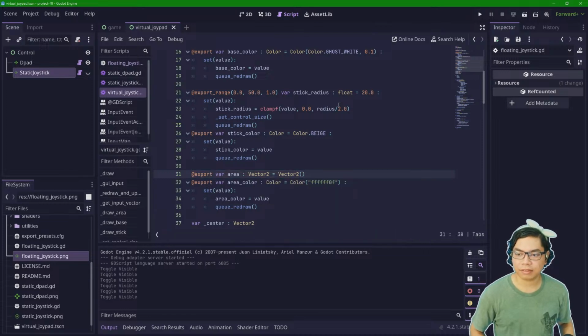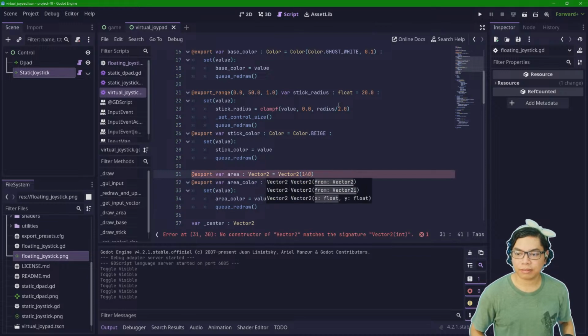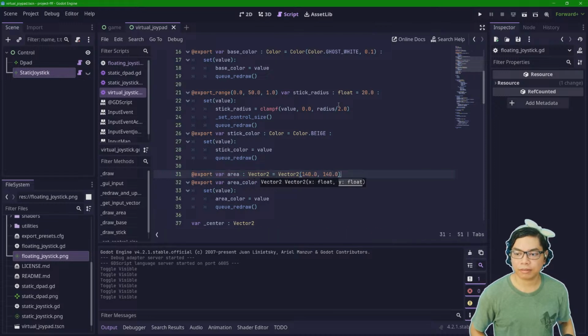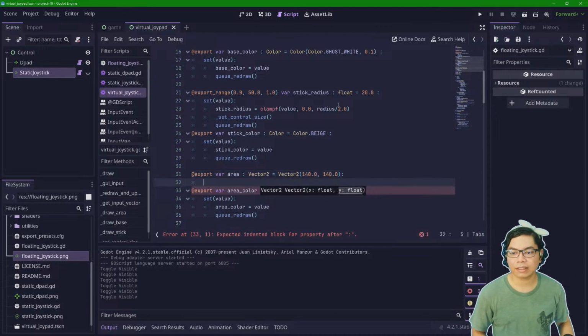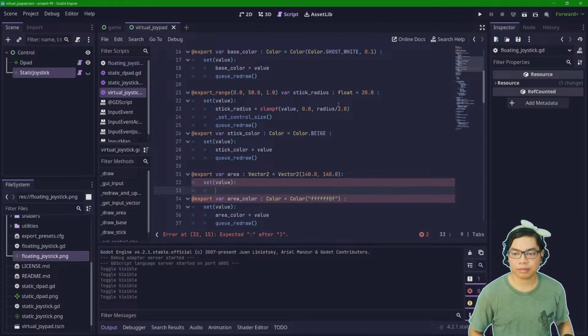This would be a double. 40.0, 40.0, and then I do set value equal to